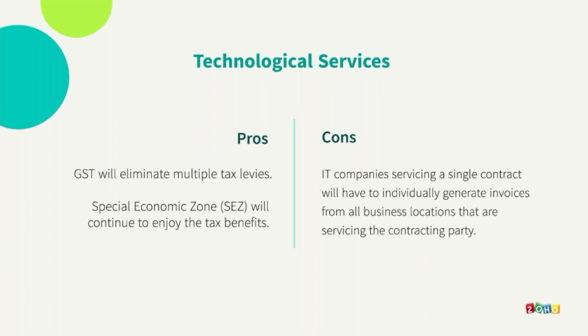Right now we have so many different types of indirect taxes which are actually non-uniform throughout the country, and then there are various conditions that have to be met. So GST's main objective, as always, is to be simplifying everything that is available within the structure of a tax system. And so it will eliminate multiple tax levies, and then it will make things more transparent. And as information is available to you online, anybody can actually refer to it and then accordingly stay compliant